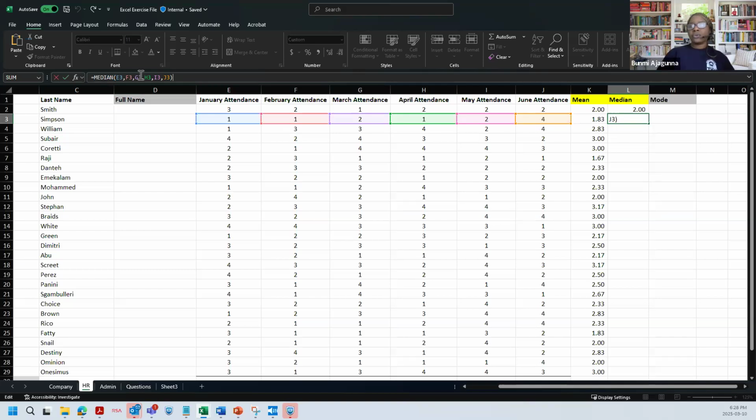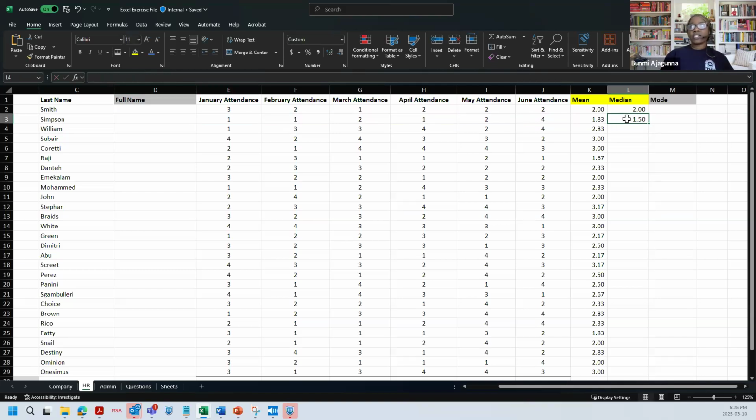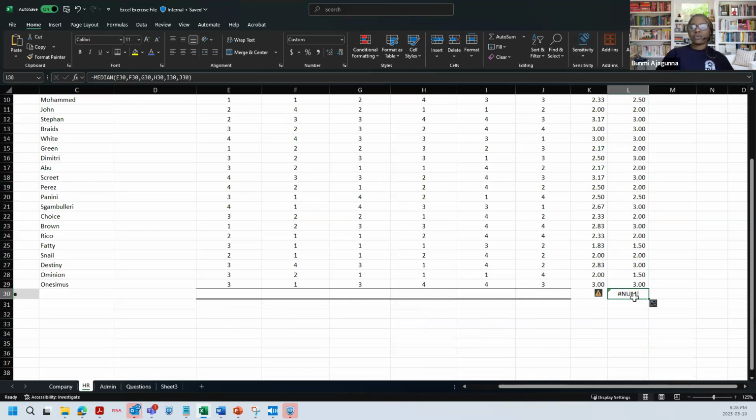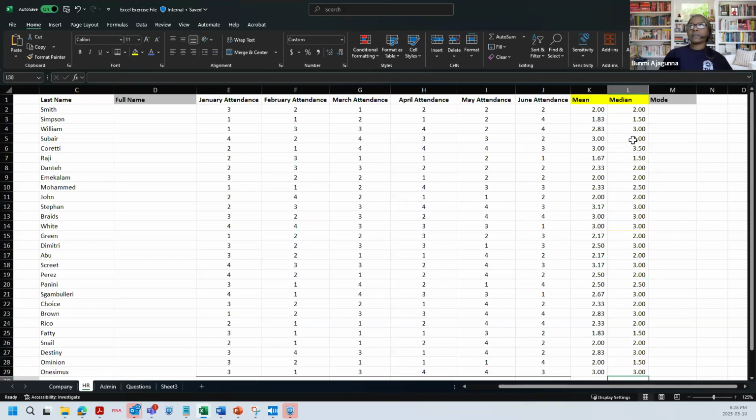and that color is actually in the formulas as well. So you just press enter, and just as I had taught you, make sure your cursor is the black cross, and then you double click and it goes straight down. Let's remove the last one because there's nothing there. So you now have your median. So we're done with our median. Now we'll do our mode.